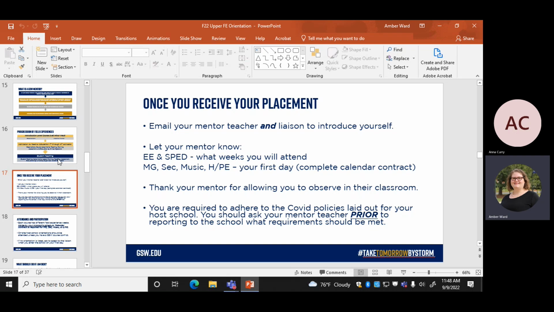So also in this email, please remember to thank the mentor and the liaison for allowing you to observe in their classroom and in their school. We have told them thank you many times. From myself and Miss Whaley, we've told them thank you, but we want to make sure it comes from you as well. And not only is the email when you introduce yourself nice to tell them thank you, but also,